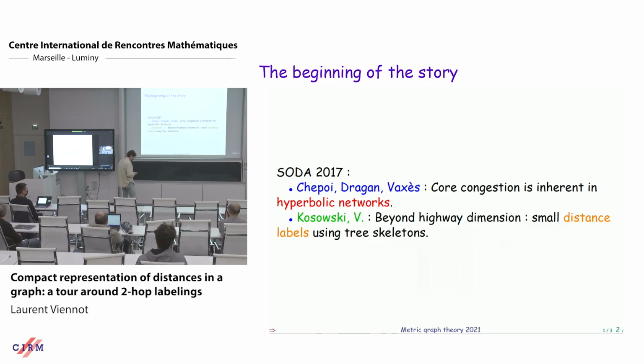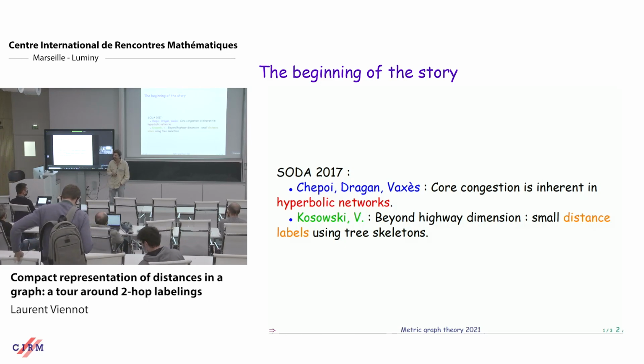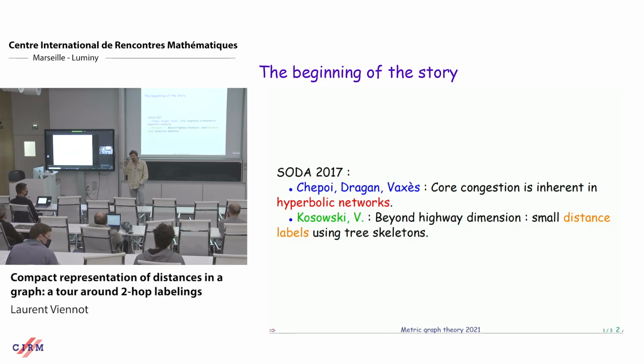Okay. So the beginning of the story is a paper we had with Adrian at SODA 2017. So this is one of the things I will talk about, this skeleton tree thing. And this is also the story of meeting Victor, who had also a paper at the same conference about conjunction in a hyperbolic network with an amazing proof, in my sense, because for proving something on a finite graph, he would go to an infinite object, the injective hull. I'm not sure I remember correctly, but you will ask Victor if you want more details.